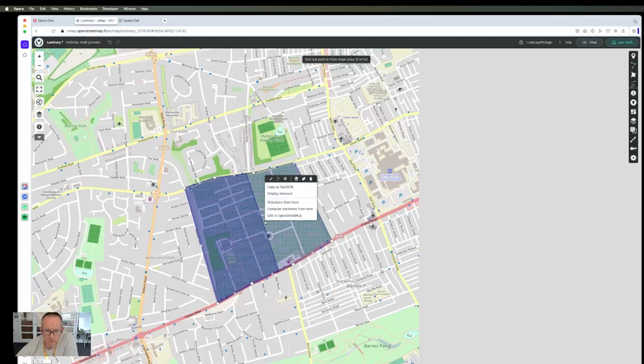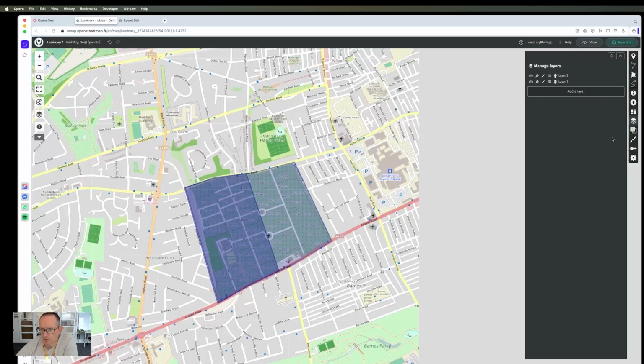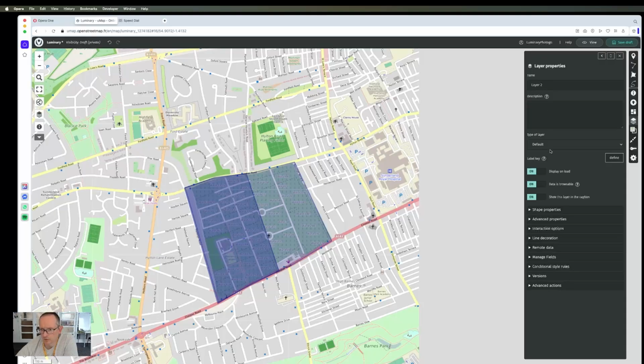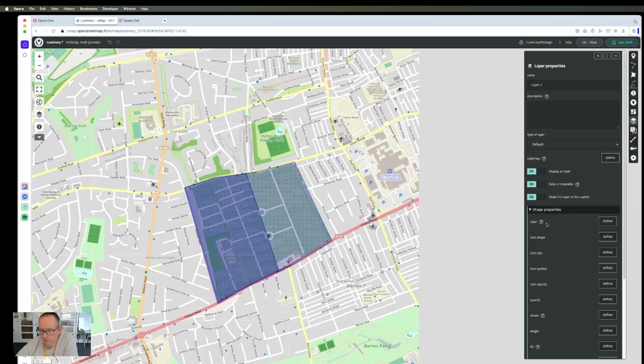That's it. And now if I go to layer 2 and just edit that, I can go to the shape properties and define that as a different color. You see that's